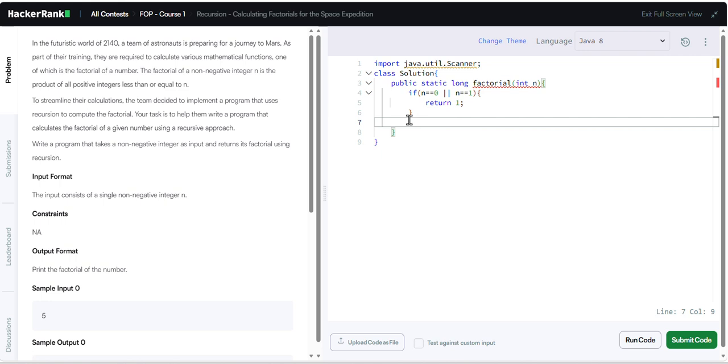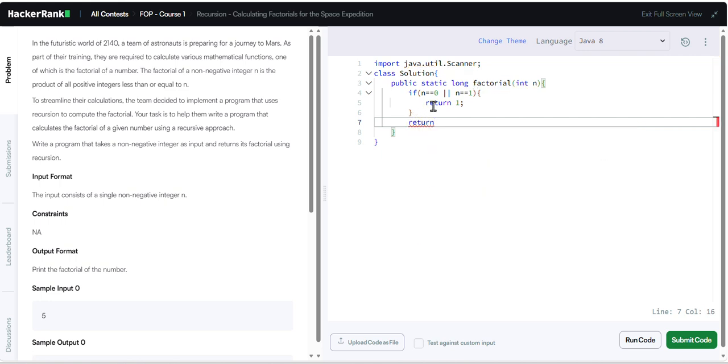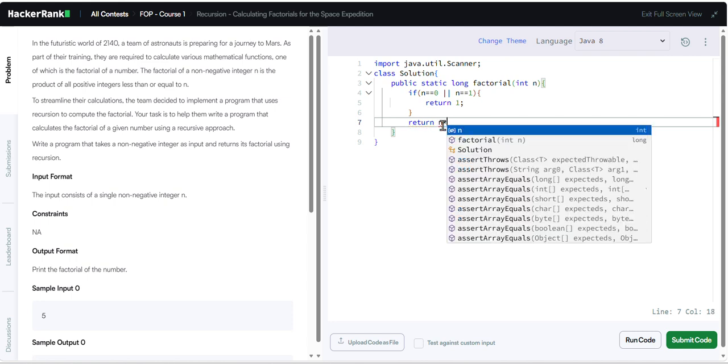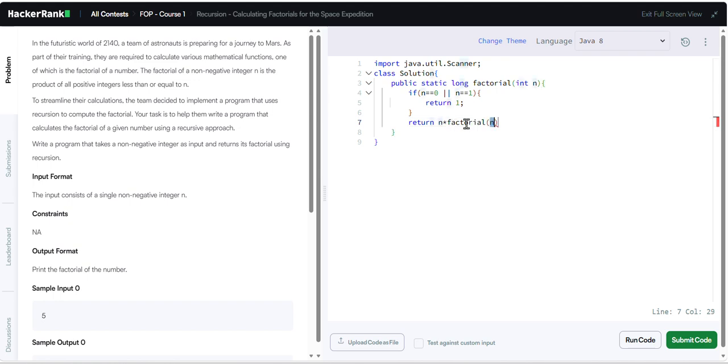We have to take one more. The next condition is return. If the given input is not 0 or 1, then we need to take n into, this is our logic, factorial. We are calling n minus 1. So this is the recursive approach.